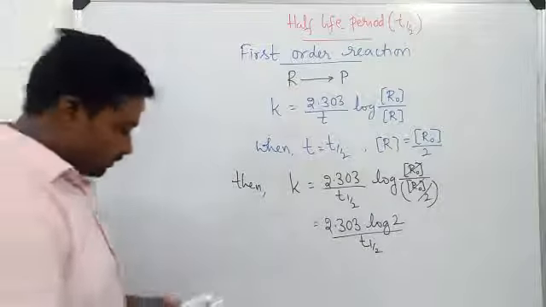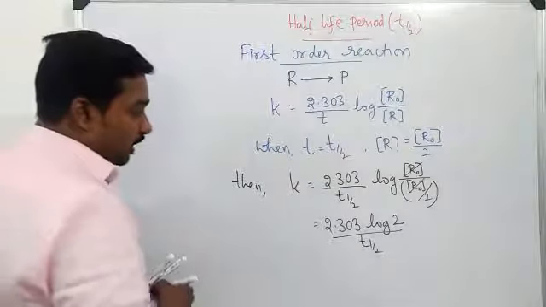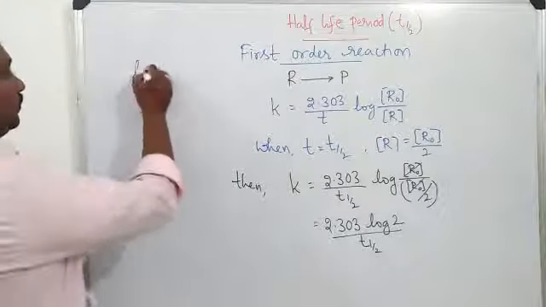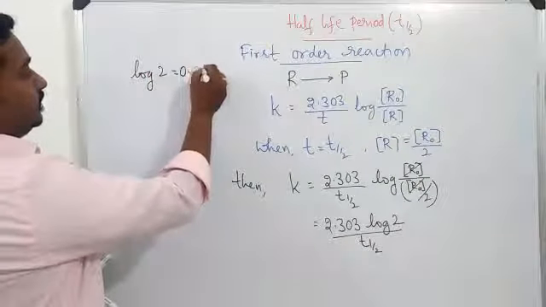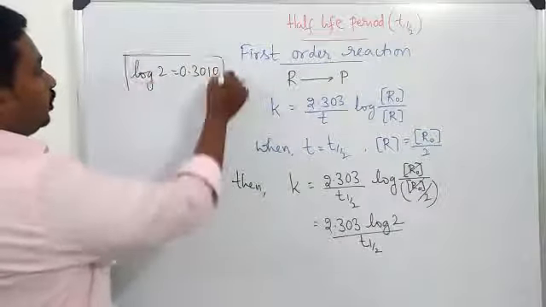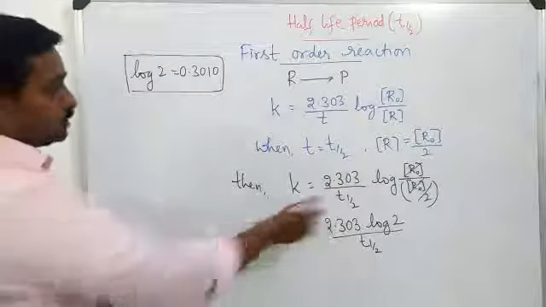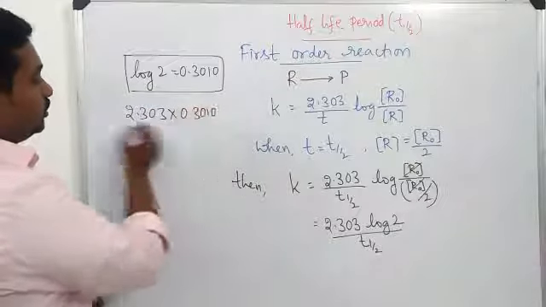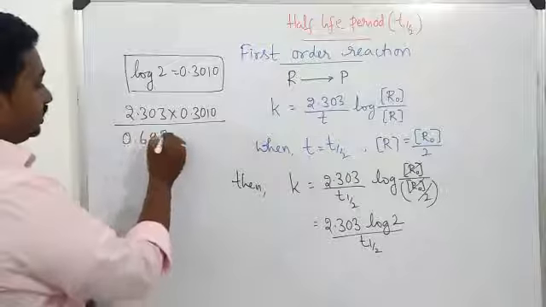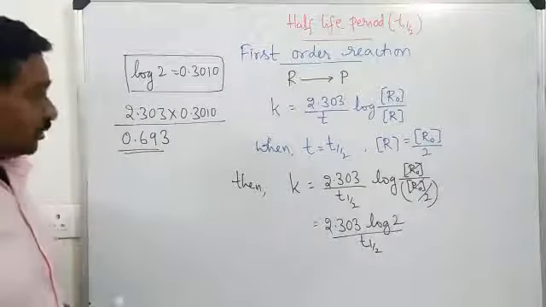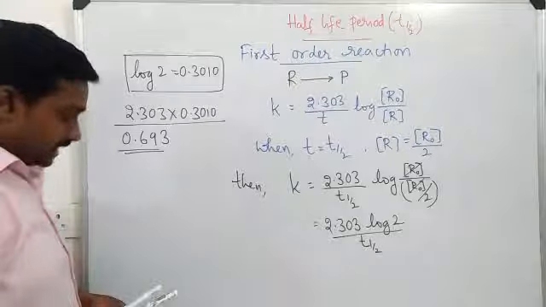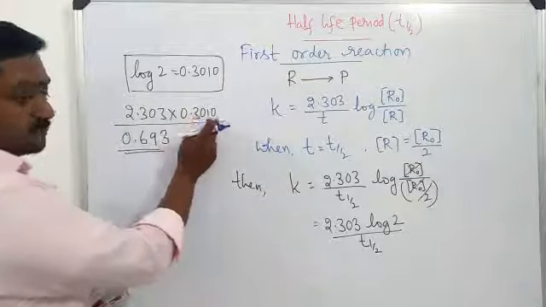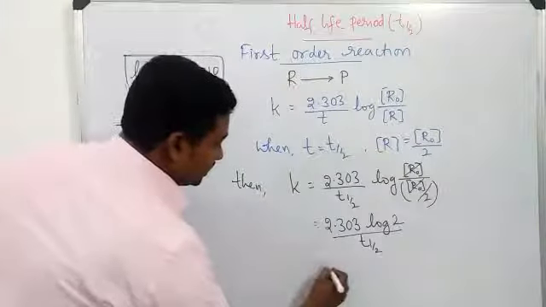In this step, I will cross multiply t half to LHS and k to RHS and also find the value of log 2. We know that 0.3010 is the value of log 2. If you multiply these two values, 2.303 into 0.3010, you will have the answer 0.693. You can do the calculation on your own, you will get the same answer. Instead of 2.303 and 0.3010, I will write directly 0.693